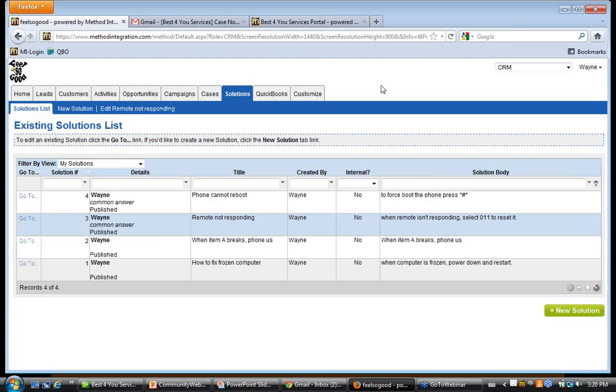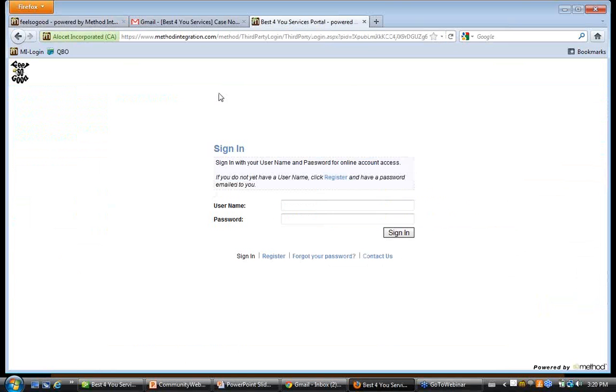So as I mentioned, what if you want to save time and you don't want to have to create cases or answer phone calls that are always going to be about the same questions? Then you can have your clients go into the portal to do those tasks. So for example, I'll sign out here. As one of your clients, I can actually go into the portal login page here, sign in,